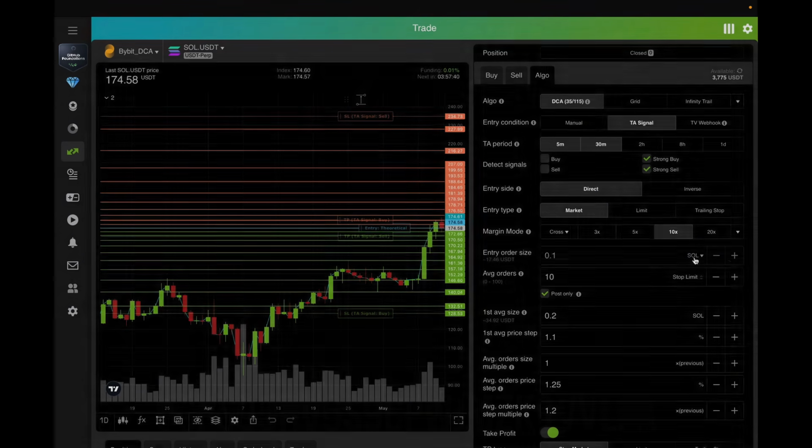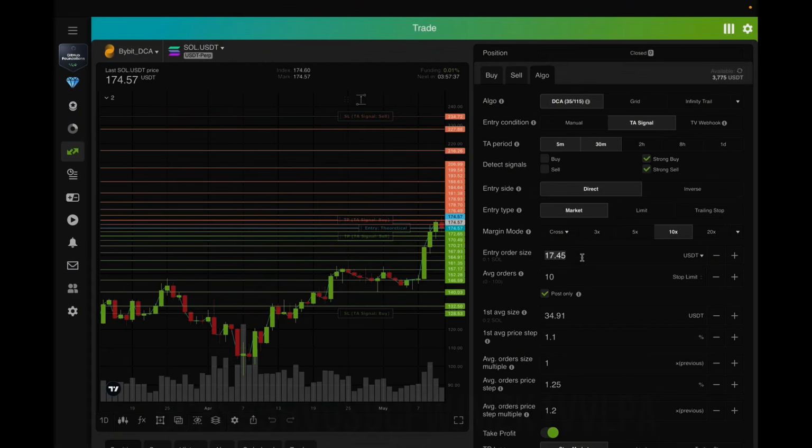first averaging order. Now, if the price of Solana moves up, the USDT amount you've allocated for the order is not enough to place the minimum allowed order of 0.01 SOL. Now you need 17.5 USDT to place this order. And even if you set it to 17.5, once the price of Solana goes further up, that still won't be